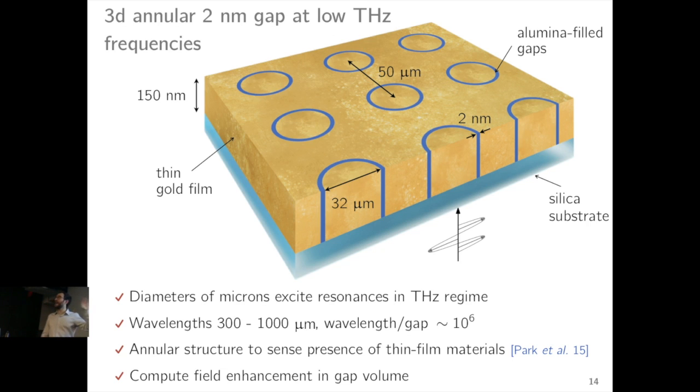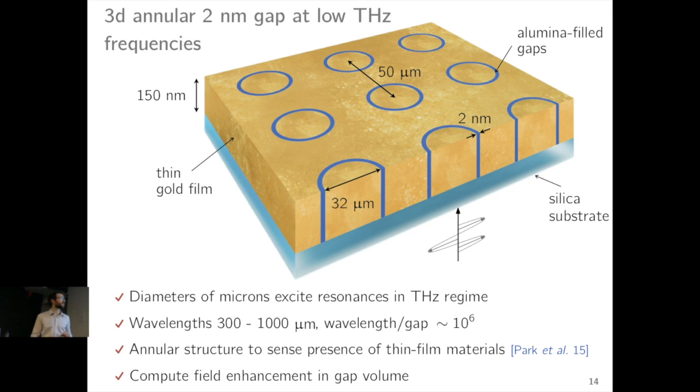This is the periodic annular structure that I was referring to in the beginning, where we have a thin gold film over a silica substrate, where we pattern an array of alumina nanogaps distributed as the symmetries of the square and illuminated from below. This structure is interesting to us because for a fixed gap size, in this case 2 nanometers, it's able to excite resonances for a broad range of frequencies, just by simply tuning the ring diameter and